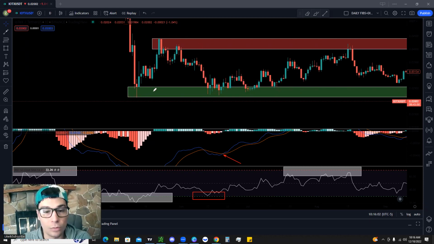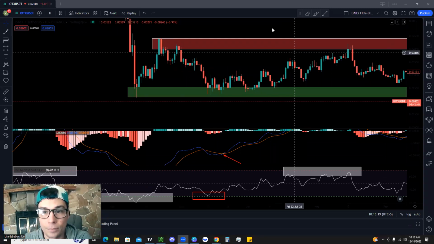All right. So that's really why we want to enter off of these zones and trade these ranges, because these are where ultimately the imbalances are. And then you can use your weapons such as the MACD and the relative strength index to give yourself an edge and say, all right, well, is there anything else saying we could be going higher or could be going